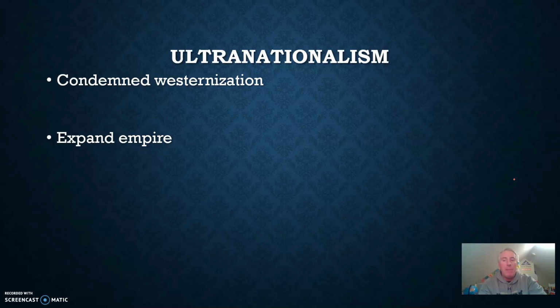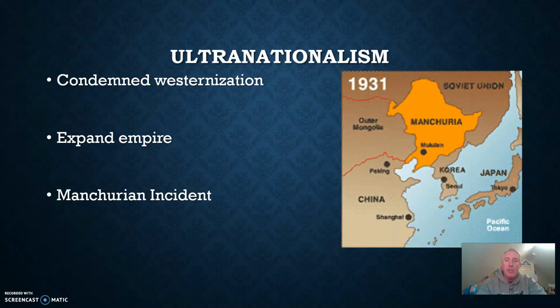I mentioned that briefly on that map a couple slides back, and I said that's going to be important, and it is important now. This in turn led to what became known as the Manchurian Incident. So Manchuria is this region up here to the north of China, bordering the Soviet Union. To the north of Korea and bordering in between China and the Soviet Union. It was a region rich in natural resources necessary for industrialization like coal and iron. Plus, Japan was becoming overpopulated at this time, so the government believed they could relocate people across the sea into Manchuria. They had to gain control of it first, and they needed an excuse to do so.